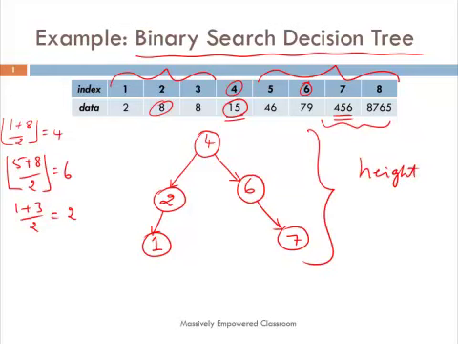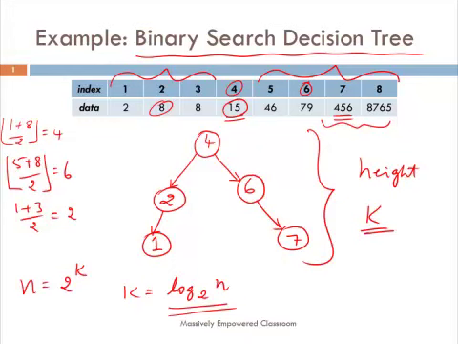Each time we are dividing the array into half its original size. So if the original number of elements n was a power of 2, 2 to the power of k, the height of this tree is at most k. There cannot be more than k levels in this tree. That means the number of recursive calls made by binary search cannot be more than k, and k is nothing but log of n to the base 2. So binary search does not make more than log n recursive calls to itself when it traverses this binary search decision tree to find a particular key.